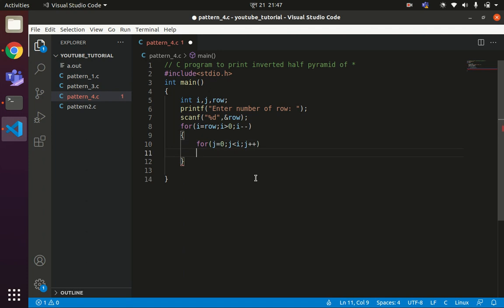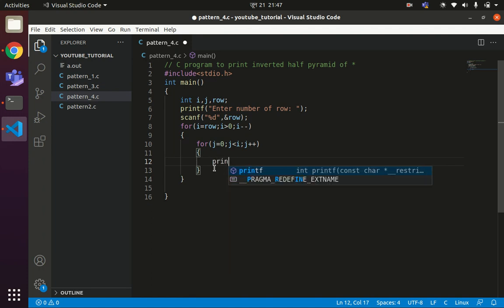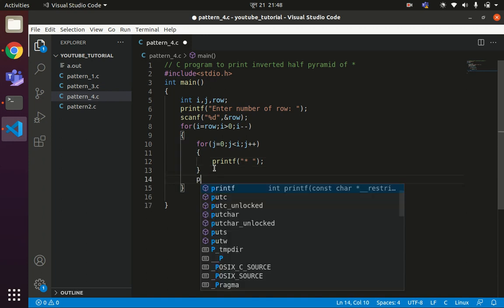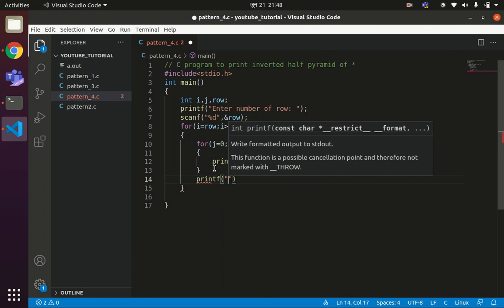So if the value of i is 5, how many times should j run? Again 5 times, so 0, 1, 2, 3, 4. Okay, printf star. And printf new line.